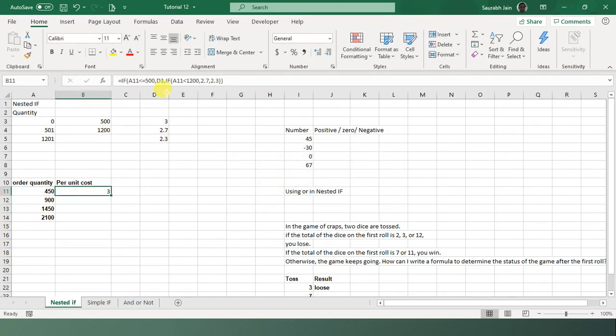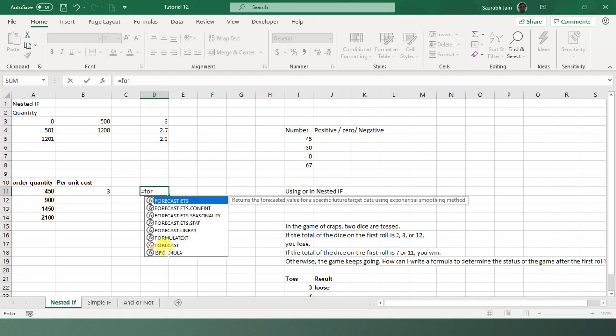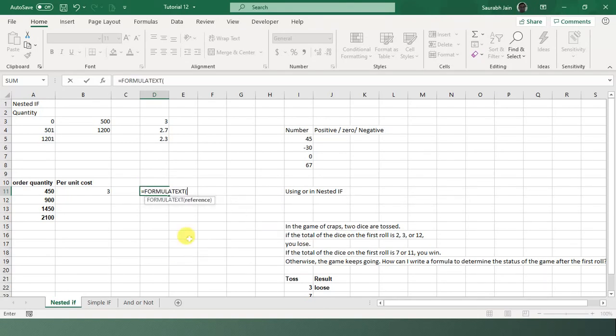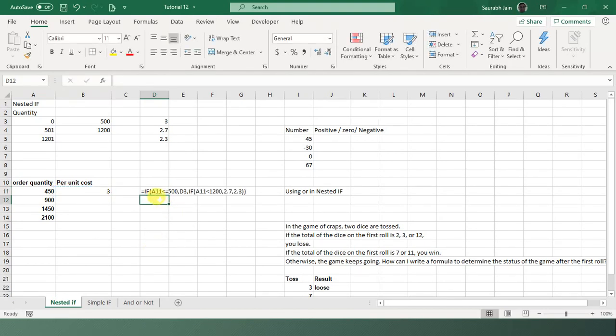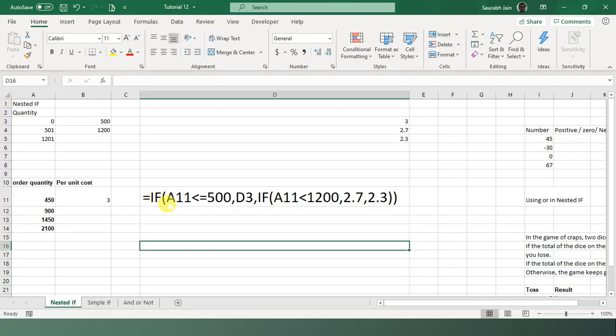So see what happens. If A11 is less than equal to, or I'll just increase it, equals to IF A11 is less than 500, comma D3.